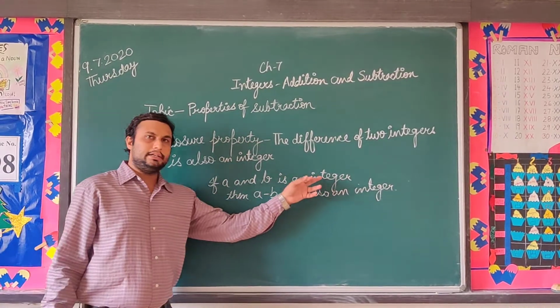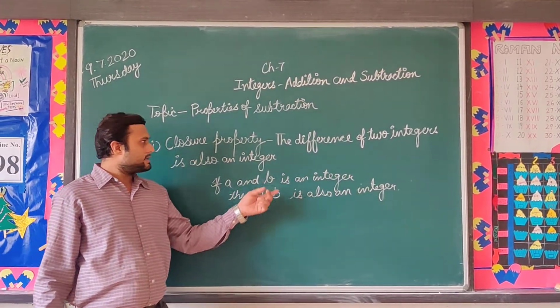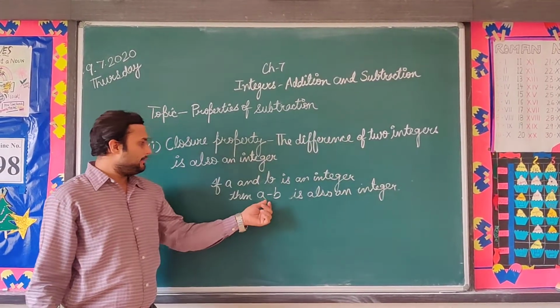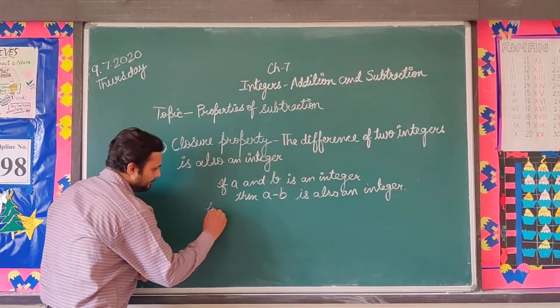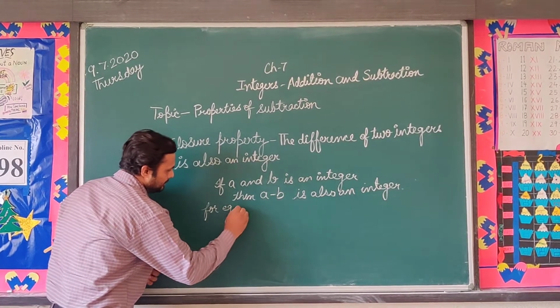If a and b are integers, then the difference of two integers, a minus b, is also an integer. For example, if we take an example,